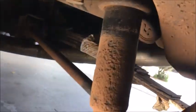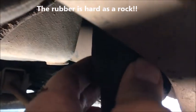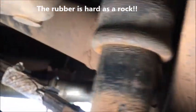See if I can get the light exactly right. And this is the rubber that would inflate. Now, I'm not even going to mess with that. They just need to go. But that's old, and it doesn't